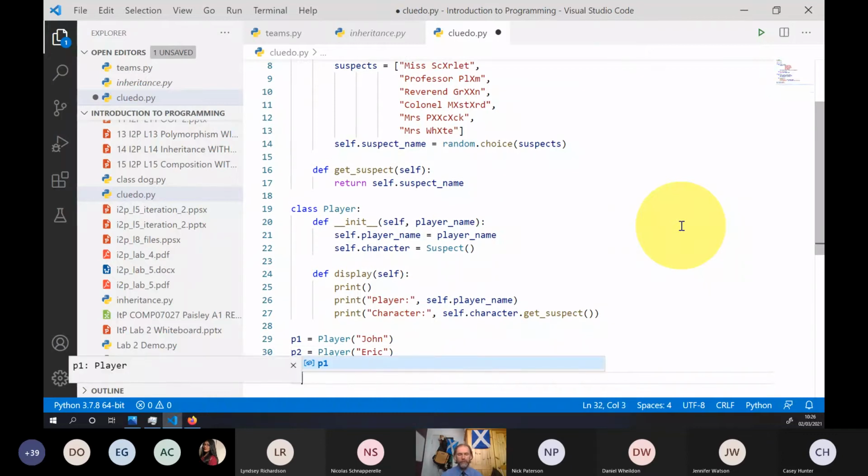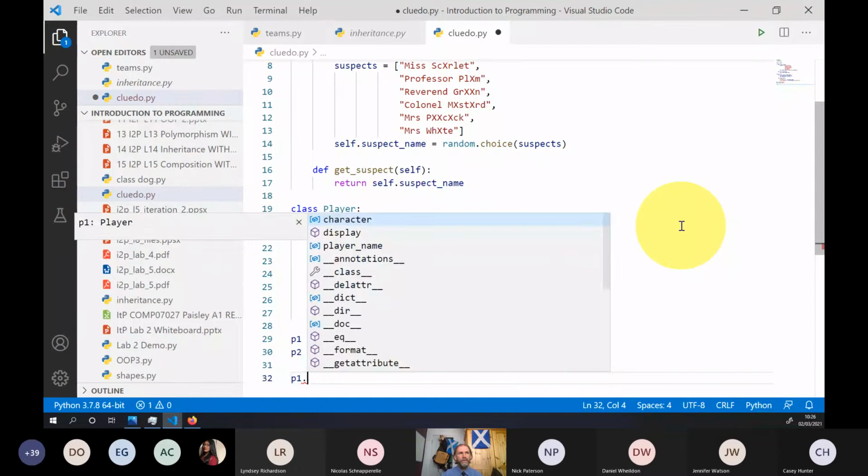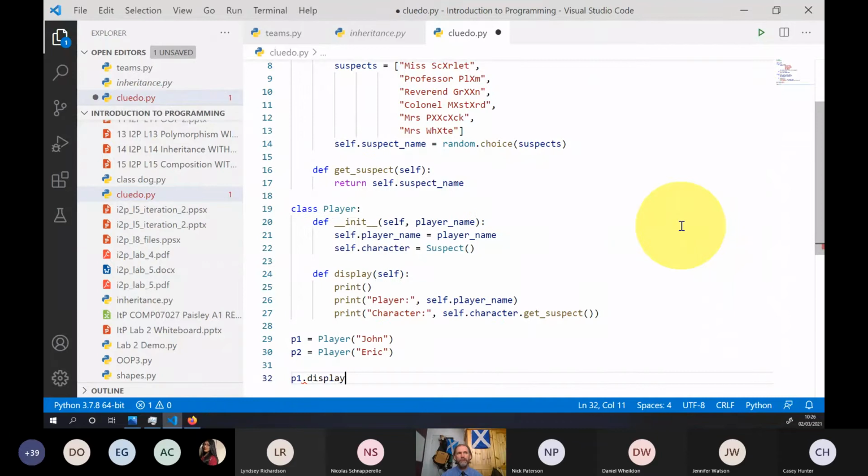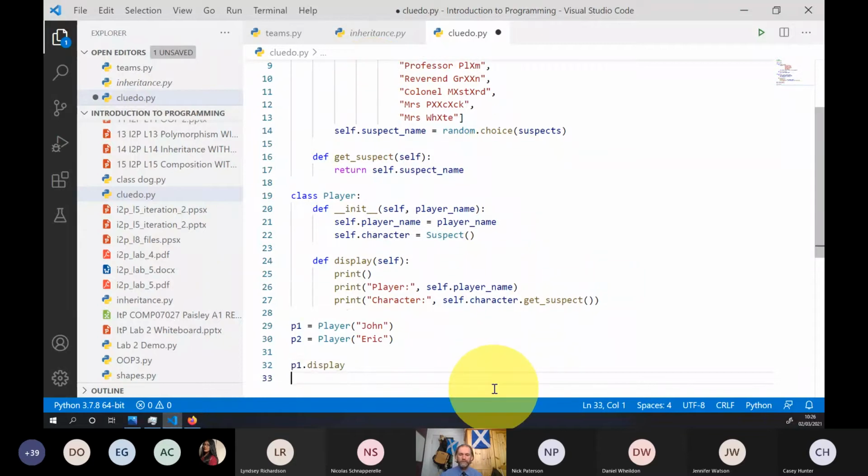We can then use the methods that we've created for the player to display their attributes. Remember what display does. It gives the player name, which is held in the player class, but it also uses the getSuspect method, which is defined in the suspect class.